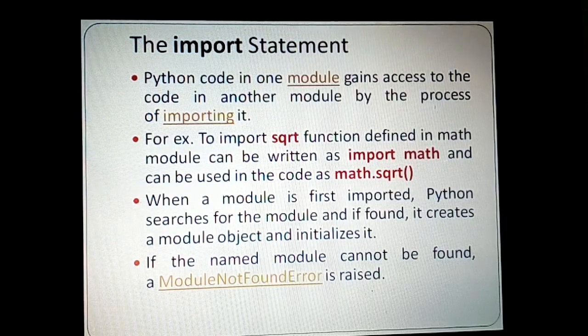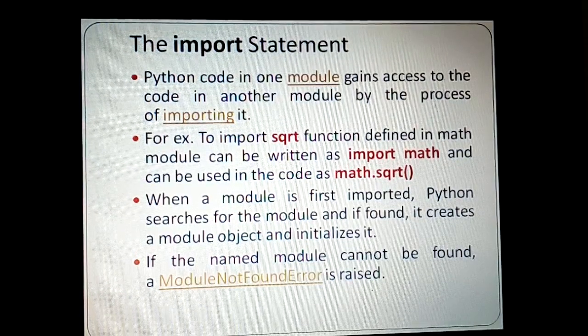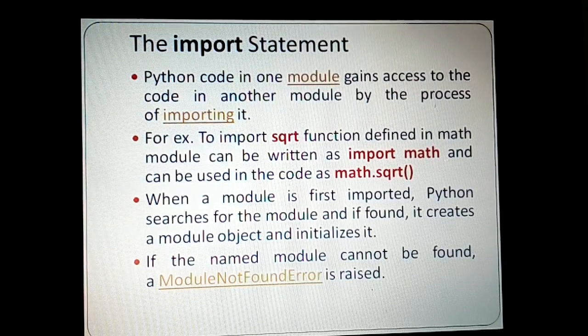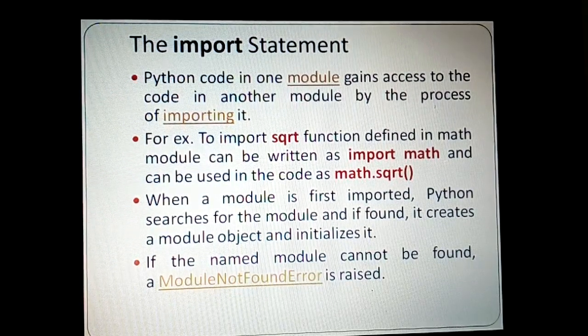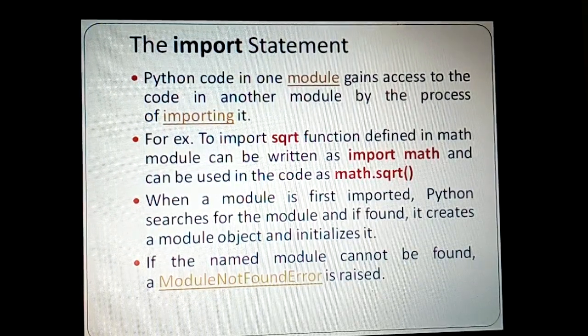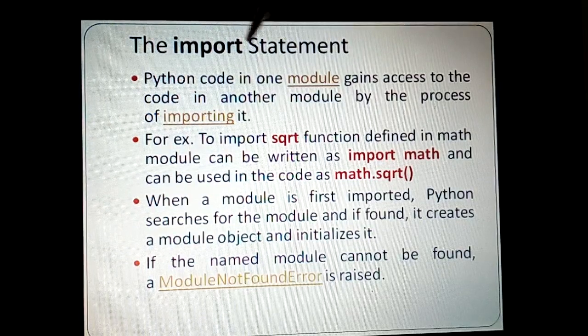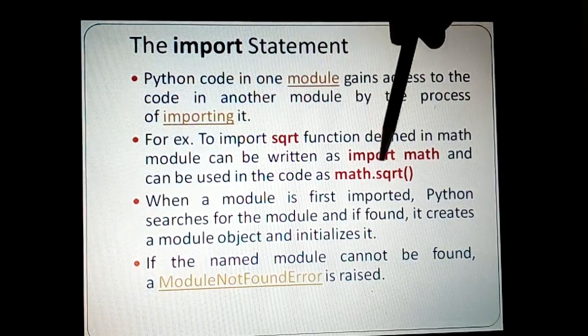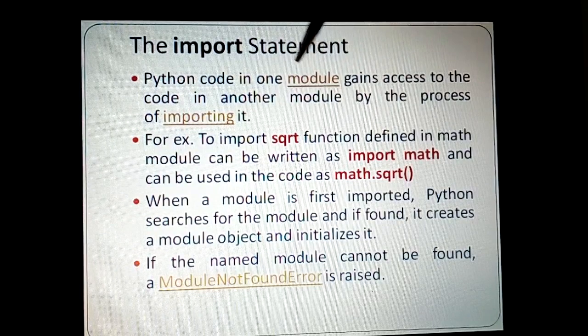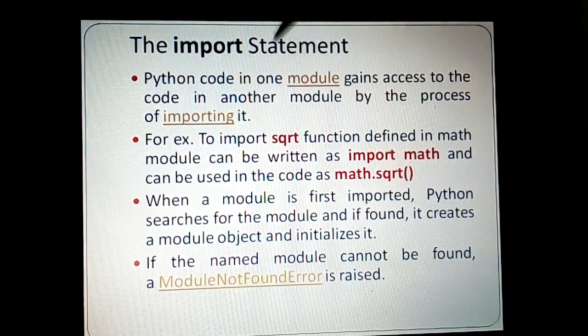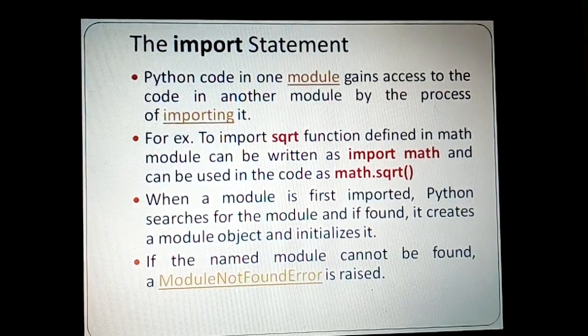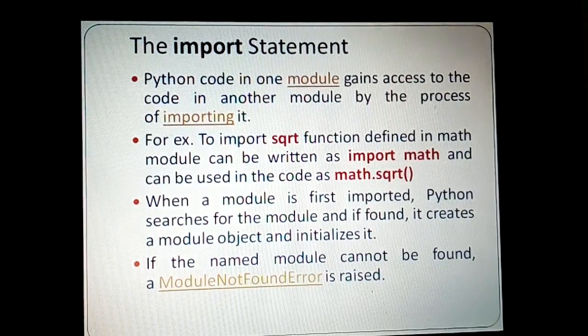It means the same thing as what we did in the earlier cases. Like in case of the C program, we had written sqrt, and sqrt function is defined in math.h. A similar thing applies here: whatever function we are using, let us say sqrt, is defined in one of the modules, and that code is accessible to the Python program because of this import statement. So what is the meaning here?